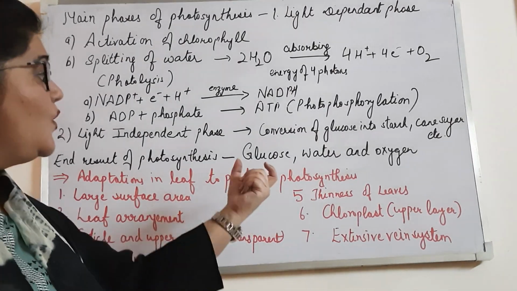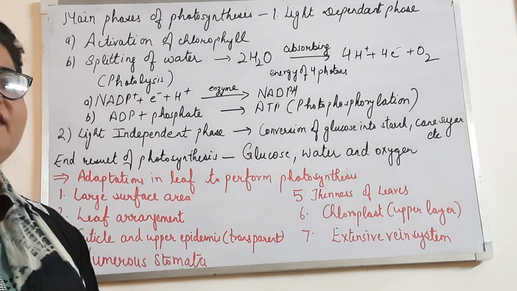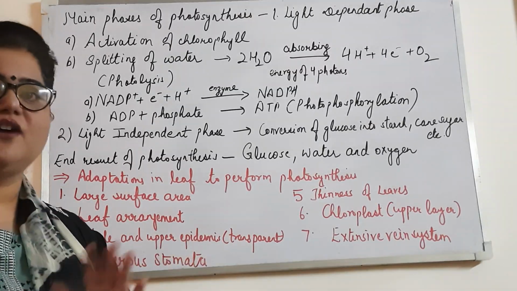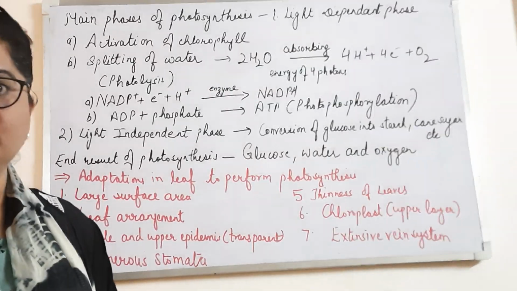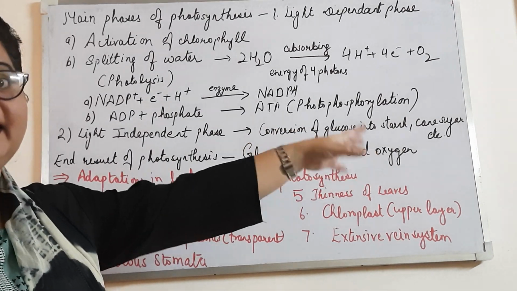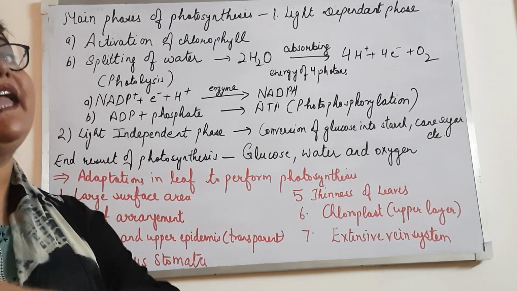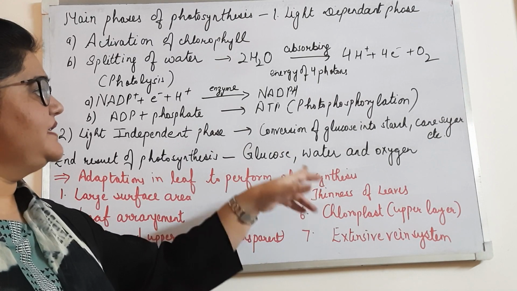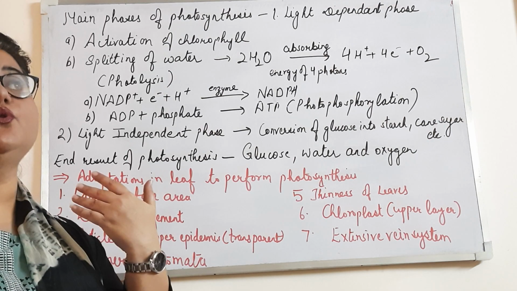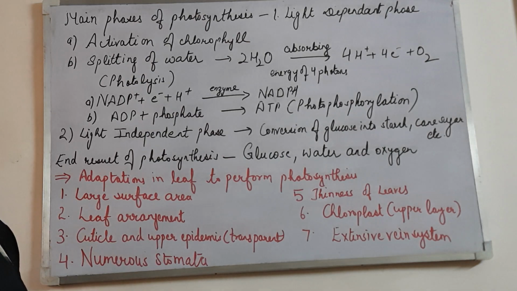Glucose is the product which is used by the plant, but it is not fully used. Whatever is needed by the plant is used, and the rest gets converted into either starch or sometimes sucrose, the type of sugar, as I have talked about the cane sugar, like in sugar cane. So that means in sugar cane the glucose has been converted into cane sugar. Then sometimes it changes into fats, sometimes into protein, sometimes into carbohydrate like in the wheat plant. So this is what we eat and get from the plant.